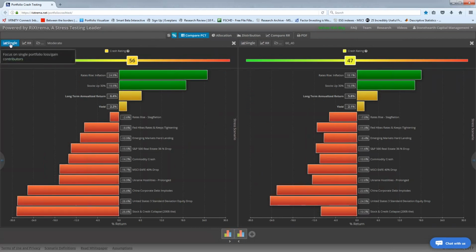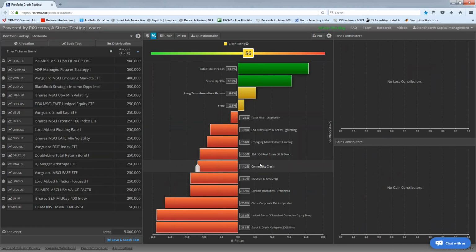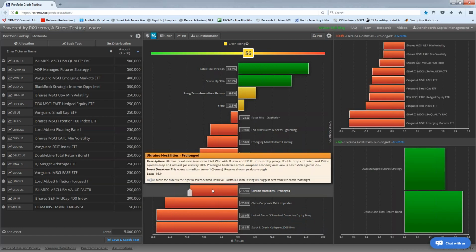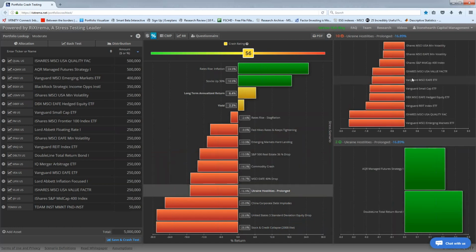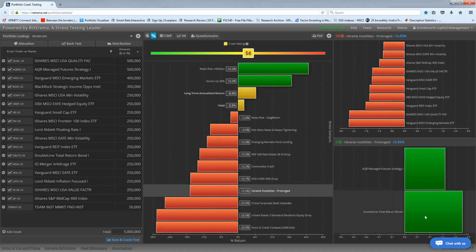So we're going to go back to the single, the moderate. The one more feature I'd like to talk about before I wrap up here and answer your questions is looking at these individual scenarios. You can see what would actually happen with portfolio holdings. So if the Ukraine hostilities were prolonged, and there are definitions of what happened that we go through, what would happen? Well, this holding, the DoubleLine Total Return, would help performance while you lose money in